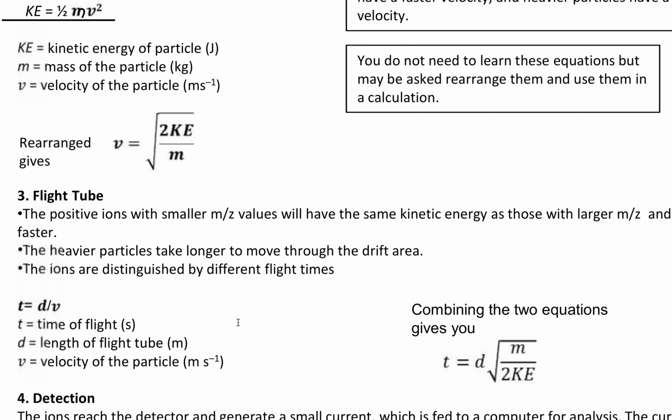So we went through the first one, which is ionization. Now we go to the second one, which is acceleration. During acceleration, your positively charged ions are passed through into your acceleration area and enter an electric field. This electric field gives